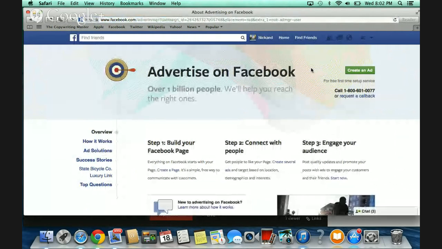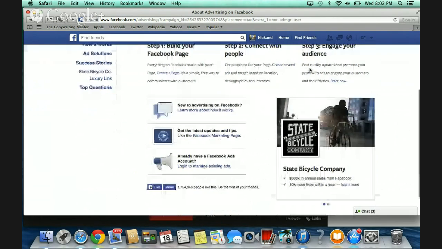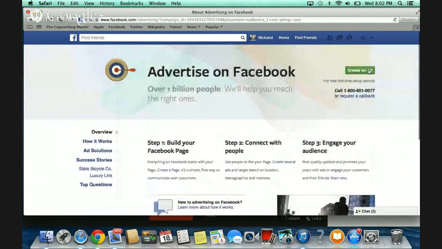This is the page you get to from there, and a little secret, a little hint: if you've never done this before, Facebook does like to offer you money to start doing this. Once they notice you've gotten your toes wet and that you're interested in this kind of stuff, they're there to help you out. But a lot of people don't even take the first step. So basically, if you look through here, let's go to create an ad.